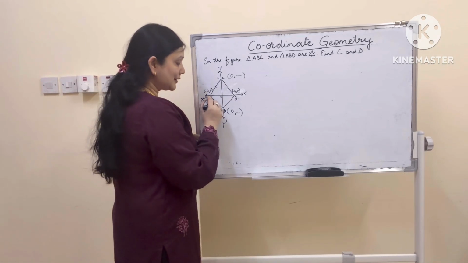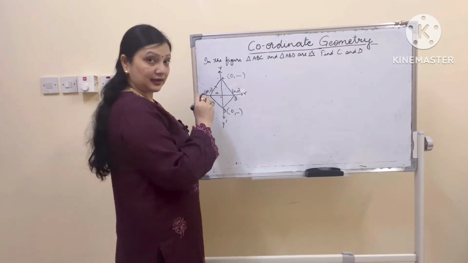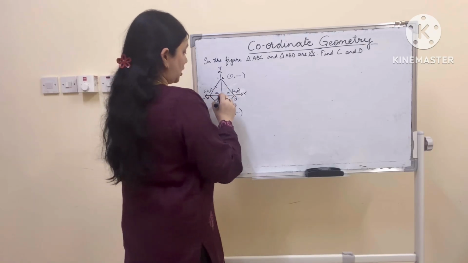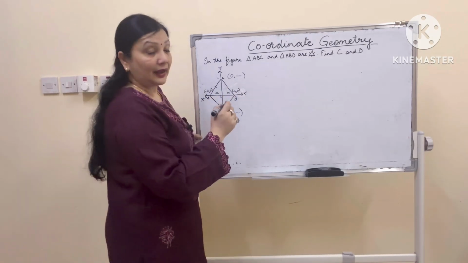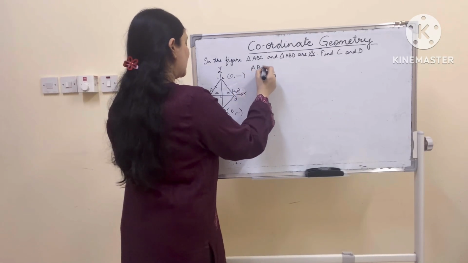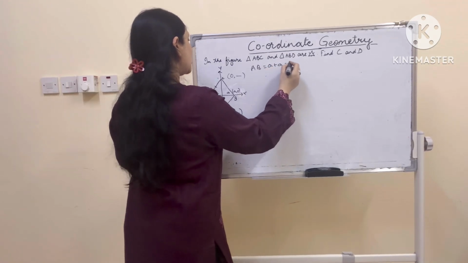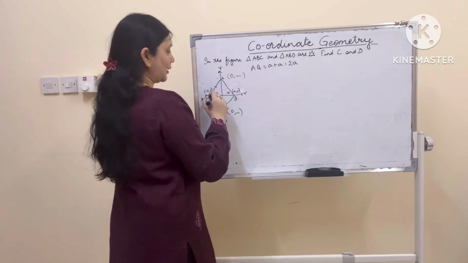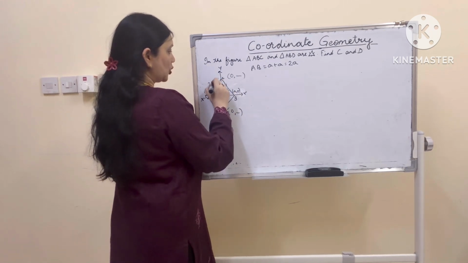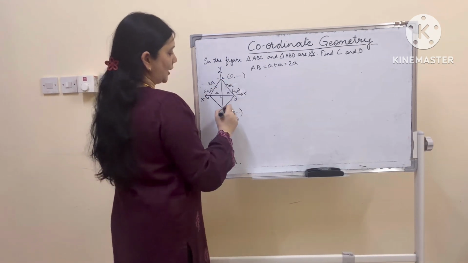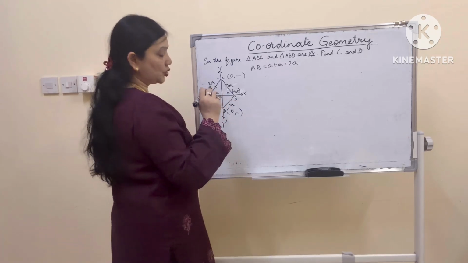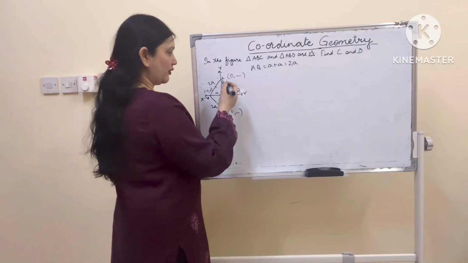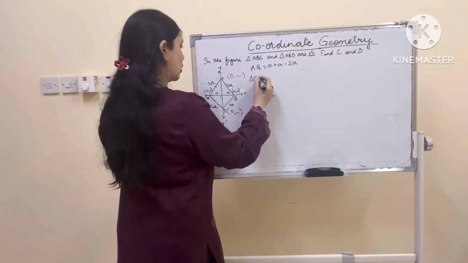If this is minus A and 0, that means OA, the distance, will be A, and same way here. So, if OA and OB are A and A, that means AB will be A plus A, which is 2A. Now, if this is 2A and it is equilateral, then AC will also be 2A, CB will also be 2A. All these are going to be 2A. Now we know two sides, so the third we can find out. We will take any, I am taking triangle COB.